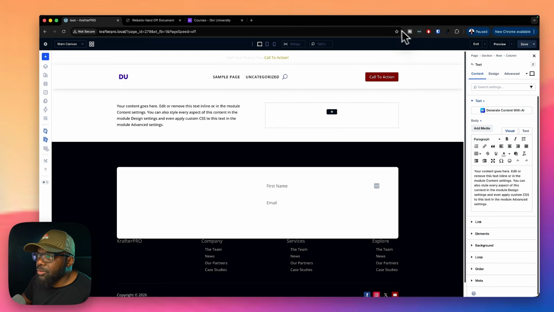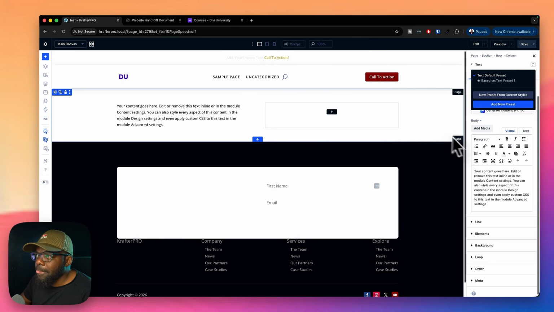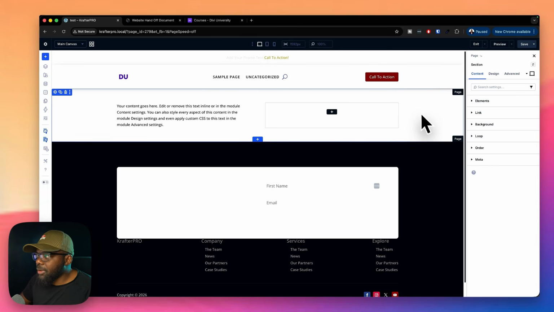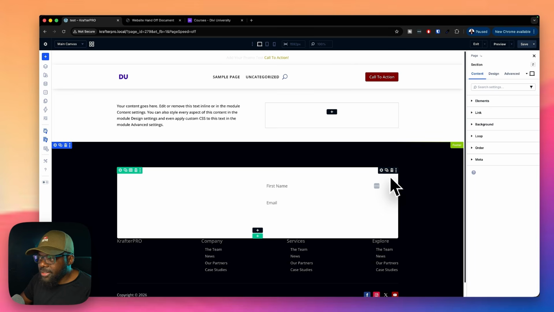Now, if I were to come over here to the top, you can see that right now I haven't added the presets. They haven't imported, I think. I'll need to import this. But anyway, I've renamed all the variables to start with the letter K so that you don't get confused when we import other variables from other designers. So I think that's a really cool feature, but I will showcase that tomorrow because I don't want this video